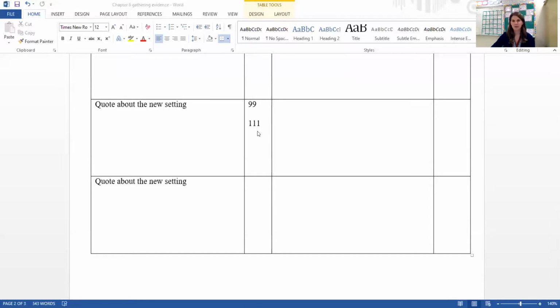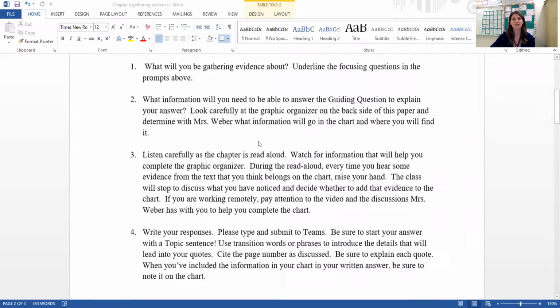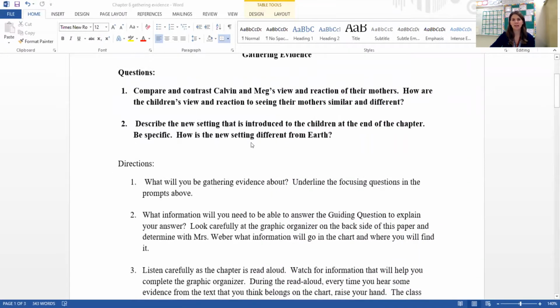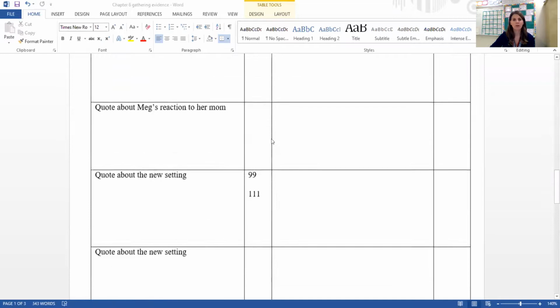We wrote some page numbers down the last time, but remember that that description of the new setting pointed out how similar this setting looked to Earth. But our question, if we go back up to the top, really asks us how this new setting is different from Earth. So we want to look for those details that we can use to describe the new setting and